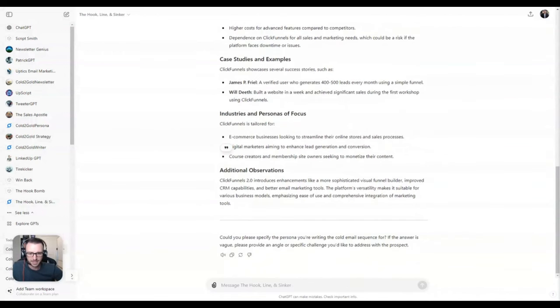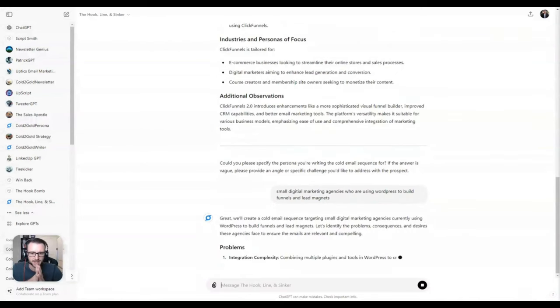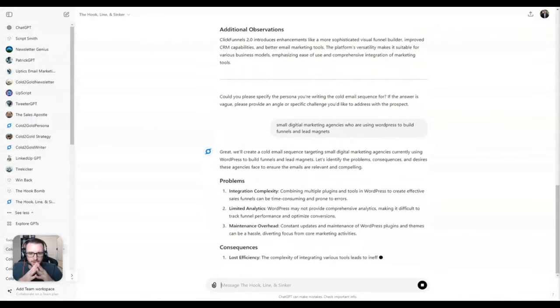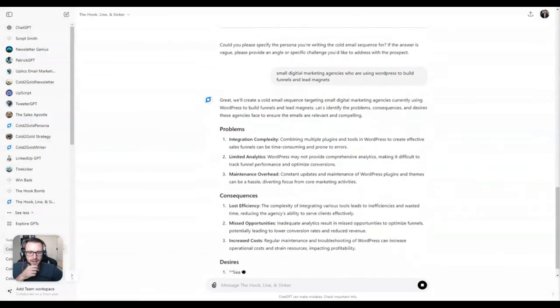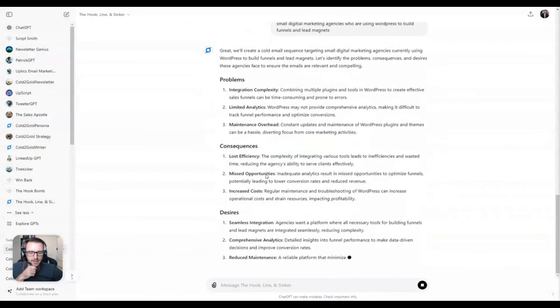So then it's asking, could you please specify the persona you're writing the cold email sequence for? If the answer is vague, please provide an angle or specific challenge you'd like to address with the prospect. So let's target small digital marketing agencies who are using WordPress to build funnels and lead magnets. Let's see what happens. So first it's going to identify the problems here: integration complexity, limited analytics, maintenance overhead, consequences,